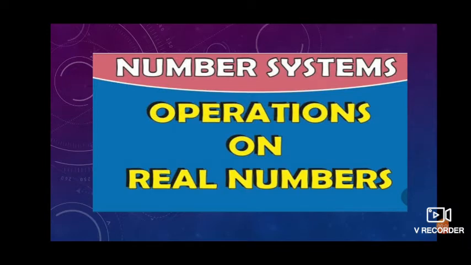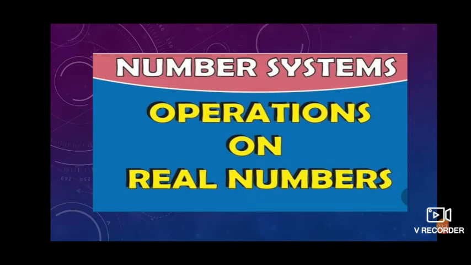Today we are going to see about the number system. In that number system, children, already we had seen two parts. This is the third part. In the two parts, we had seen what are real numbers and what are the different types in that, and what are the decimal expansions and how to represent rational numbers and irrational numbers on the number line, and different operations and all we had seen.